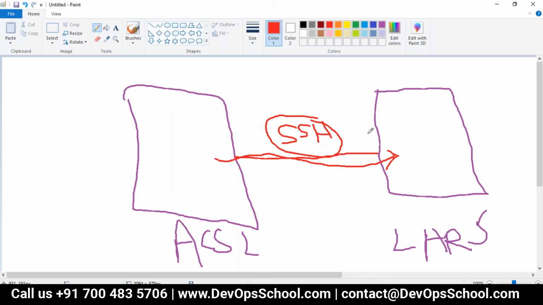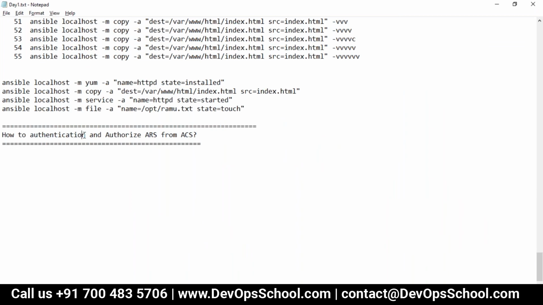So tell me guys, let me write what I understood. Authentication means how to log in to ARS, and authorization means what privileges you are allowed to do in ARS.